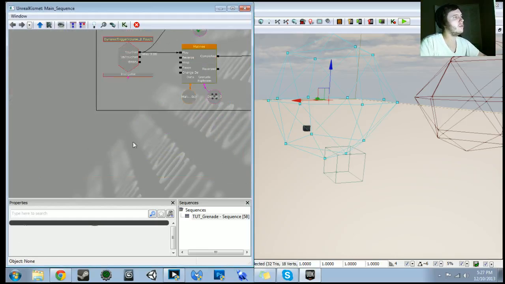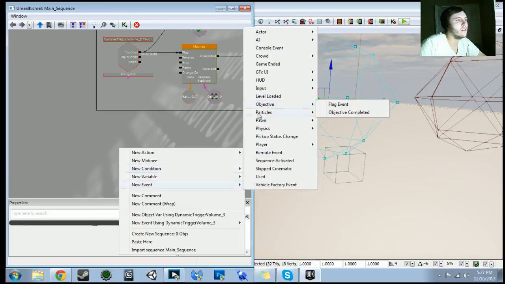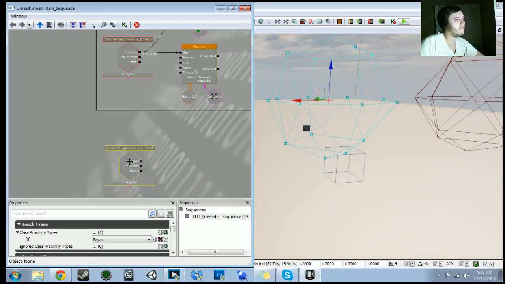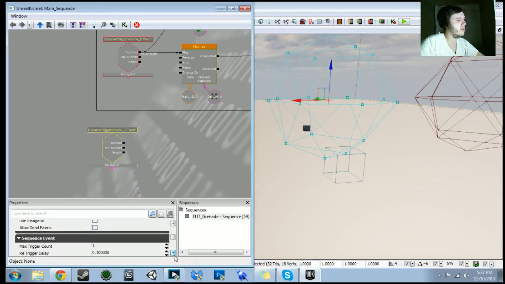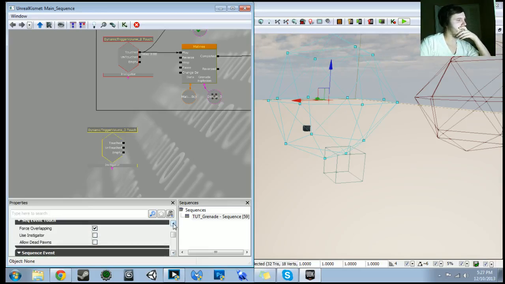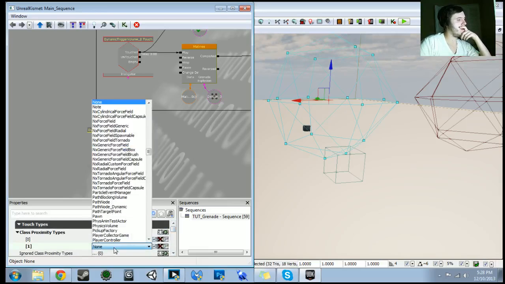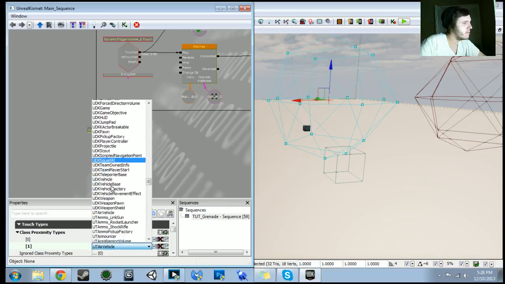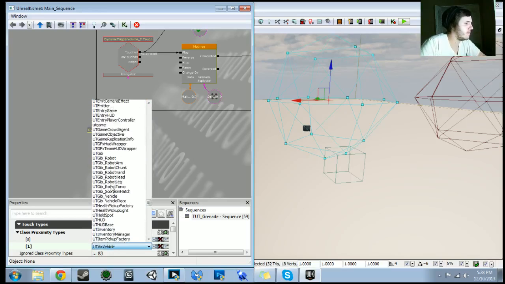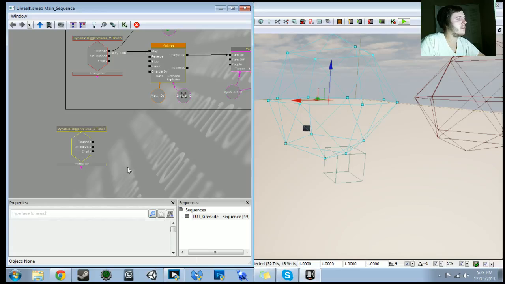Alright, now I need to do the touch. New action. Now new event. Touch. 0. Now touch types are going to be pawn. New T pawn. Let's get that one. And if they're touched,